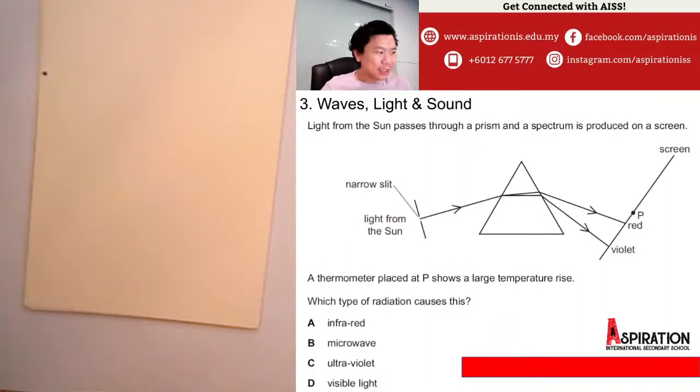Anyone can give me an answer as to why you think the answer is A? Ultraviolet is also next to visible light. Okay, so